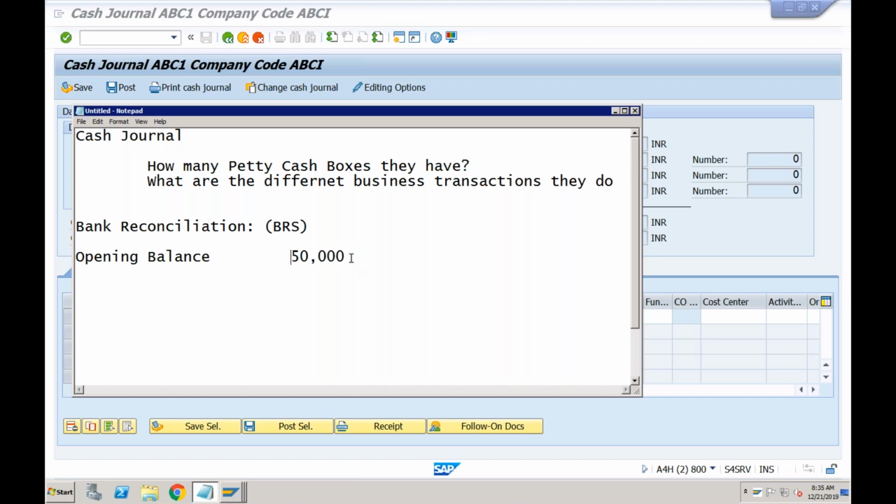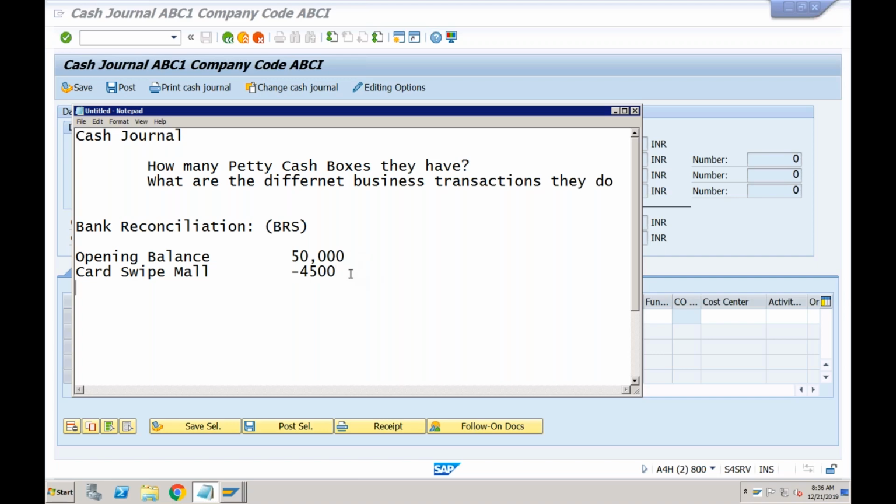Now, it is showing you the transaction. So it is saying that you swiped the card at the mall for maybe 4,500. So this will be minus, right?